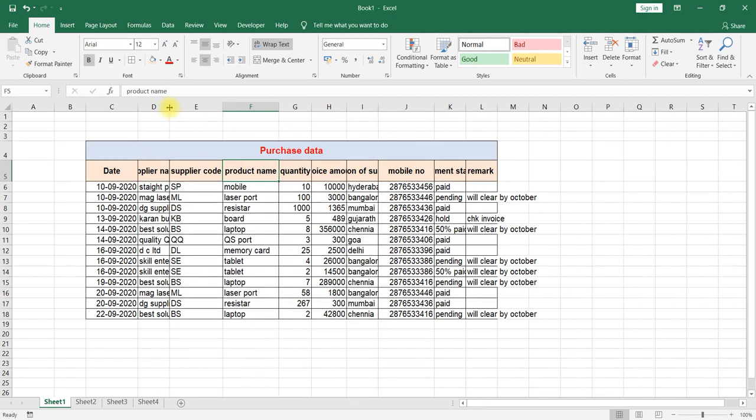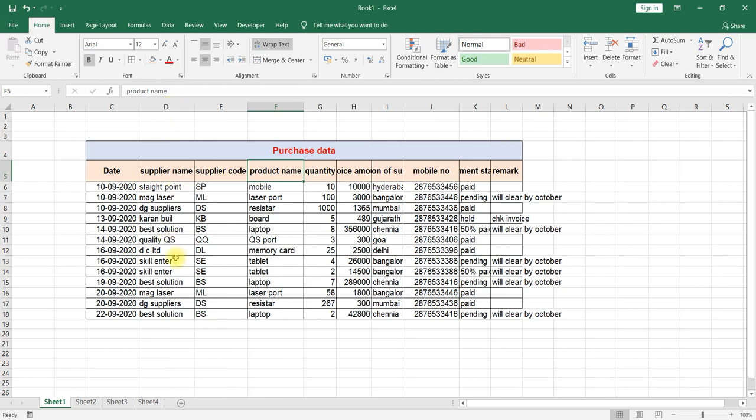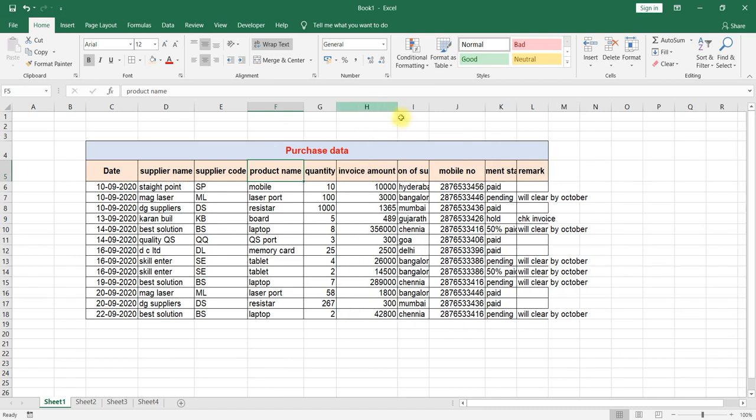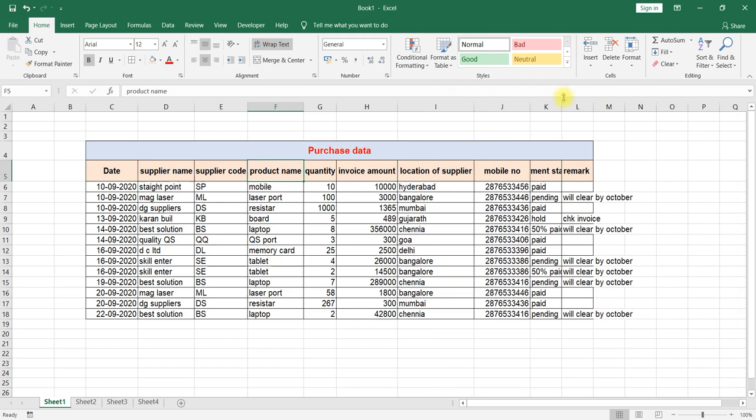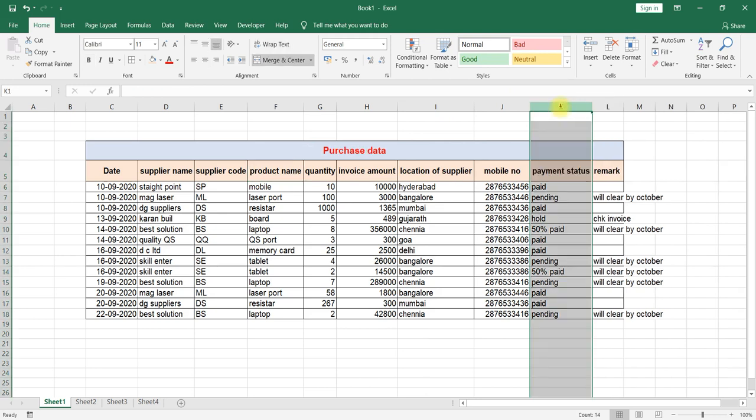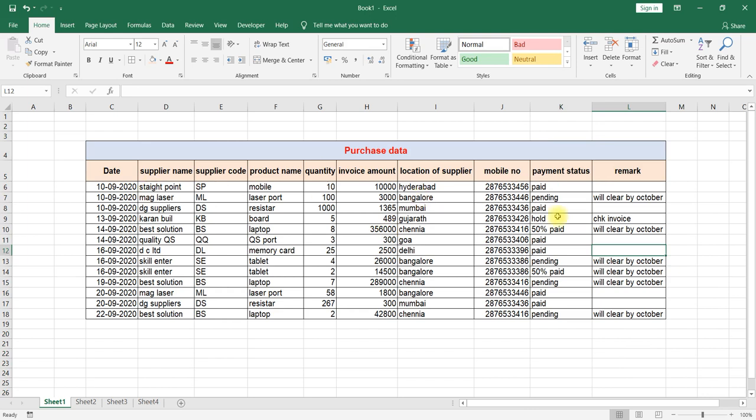Or you can double click on the edge to adjust to the column width. If you'd like the amount to show within the cell, double click on that edge. Here on the top, you have to double click on that particular edge, like this. Double click to get your width adjusted to your headings, in the sense whatever is there, you can adjust to that. This is how we can use the different types of alignment options in Excel.